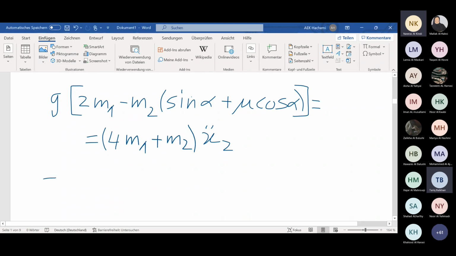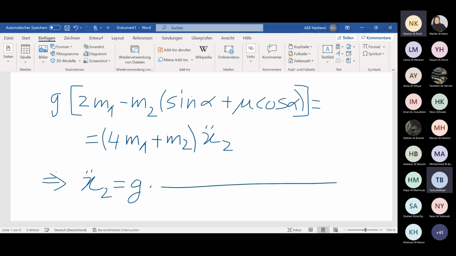Then it means now we can get the expression of x dot dot 2, the acceleration of the mass 2, will be G multiplied by 2 times M1 minus M2 multiplied by sine alpha plus mu cosine alpha